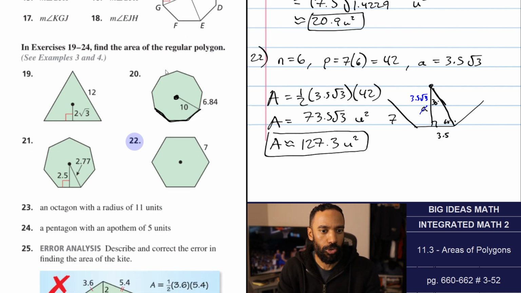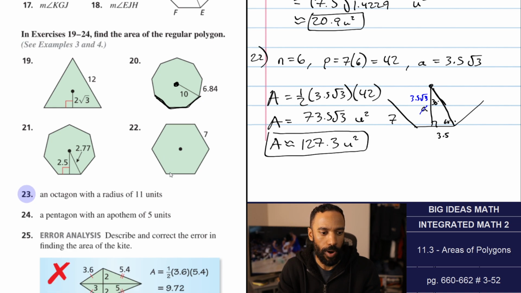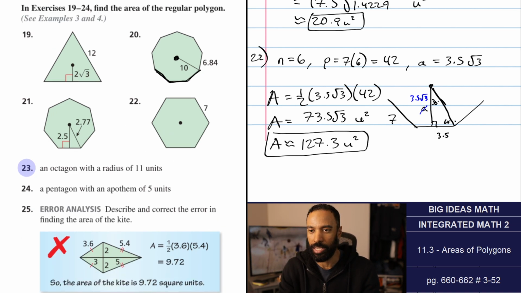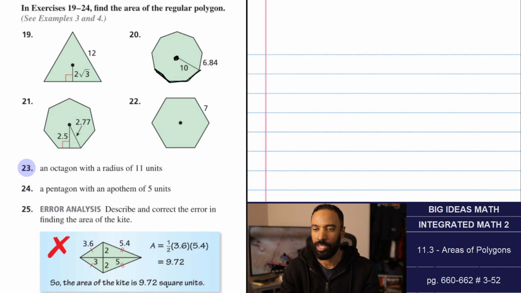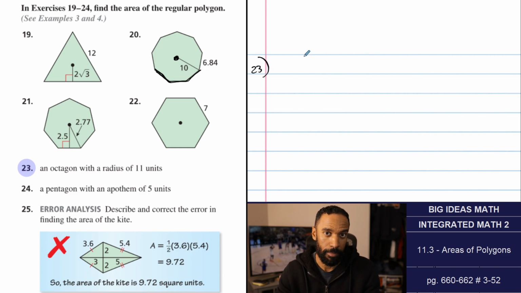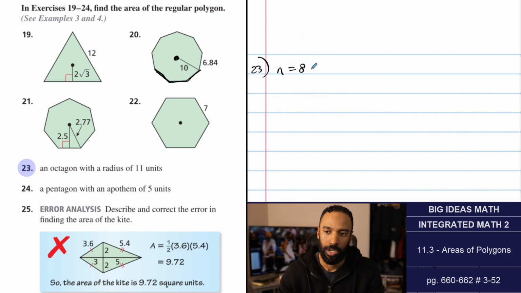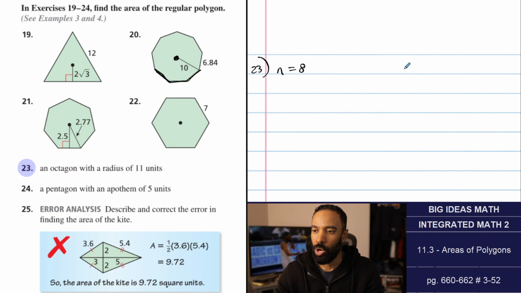All right, we have two more in this set. They are not drawn, and that's perfectly okay because they give us the shape name that gives us the number of sides. They tell us by detail what things are. I might do that bottom part drawing, by might, I mean I will, unless they give us everything. An octagon with radius of 11. So if the radius is 11 in this scenario,